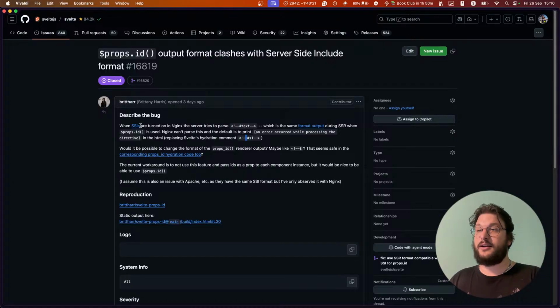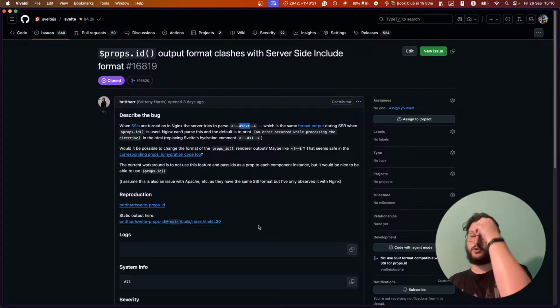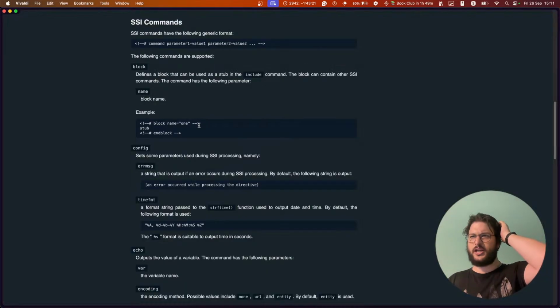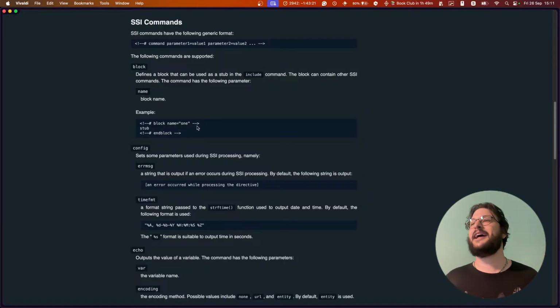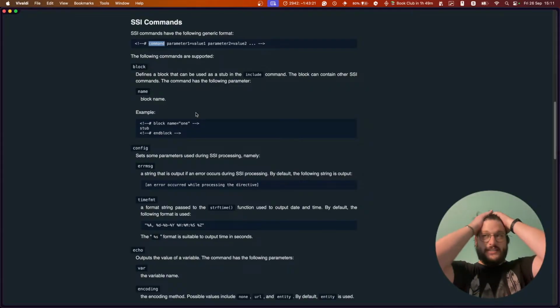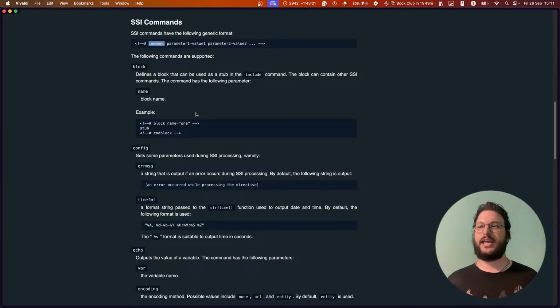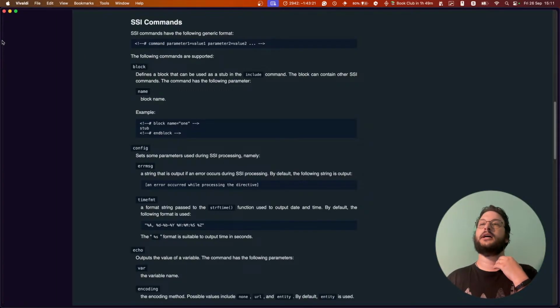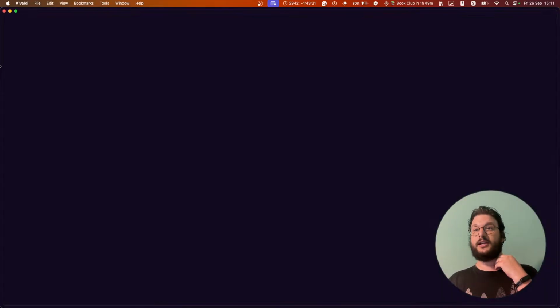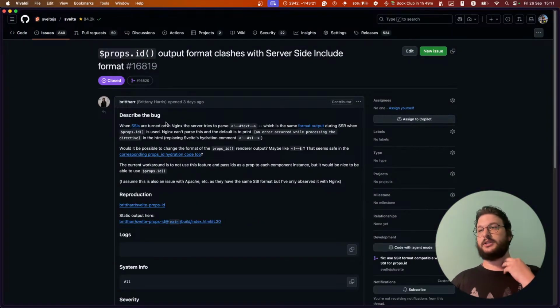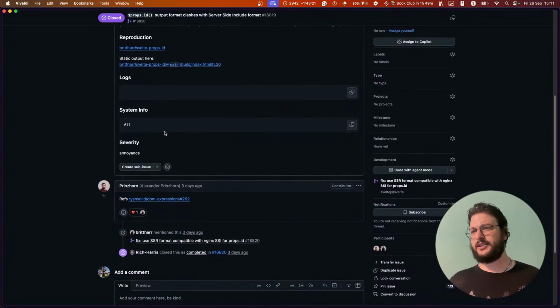However, there are actually a lot of proxy servers like Nginx that use this kind of comments to do this SSI, which I don't know what it is. Yeah, there are commands of some sort, to basically interact with the server. And so it was erroring out with Svelte props ID. And so I think this was actually his first